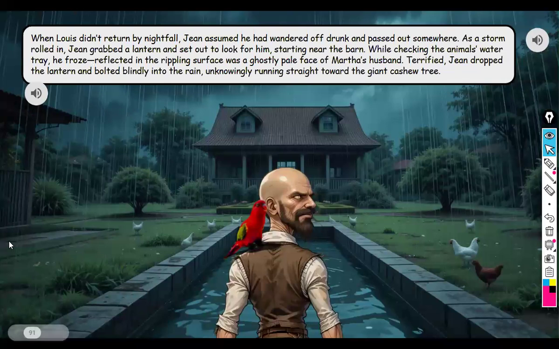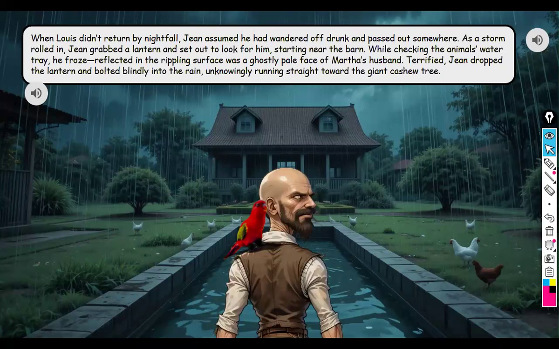When Lewis didn't return by nightfall, Jean assumed he had wandered off drunk and passed out somewhere. As the storm rolled in, Jean grabbed a lantern and set out to look for him, starting near the barn. While checking the animal's water tray, he froze. Reflected in the rippling surface was the ghostly pale face of Martha's husband. Terrified, Jean dropped the lantern and bolted blindly into the rain, unknowingly running straight toward the giant cashew